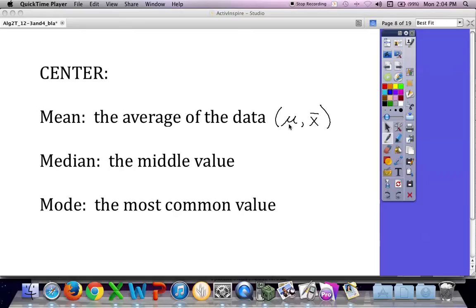When you get to statistics, which I hope you do one of these years, take statistics, you'll find out there's a little bit of a difference in those two. Okay,